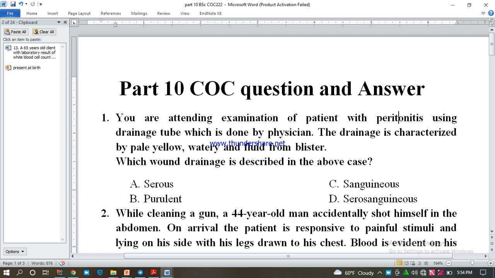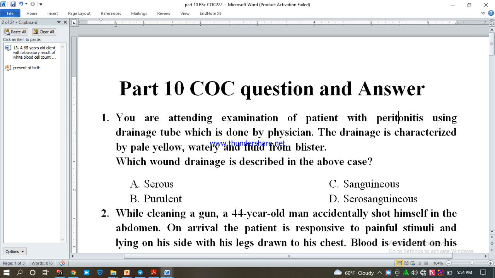pale yellow watery and fluid from blister. The formations of blister, from blister it drain the pale yellow water and fluid like characters of drainage from those scenario which when the drainage is described in the above case ነው የሚለን። ስለዚህ ከነዚህ ከላይ ከተጠቀሱት above case which when drainage is described ይለናል serous ይለናል, the purulent, sanguineous drainage and serosanguineous